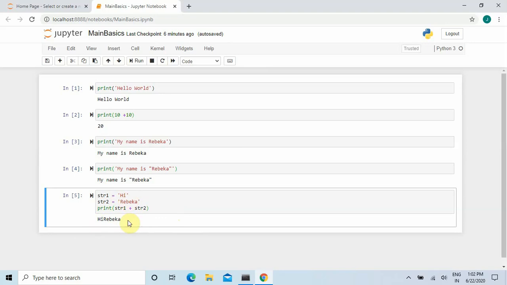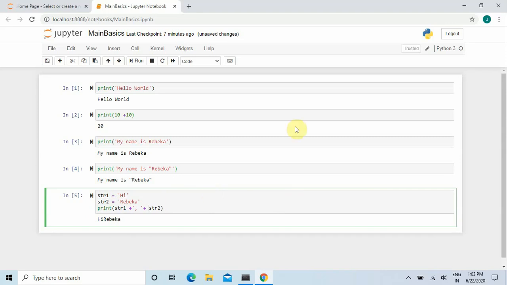So this plus sign is concatenating the two strings, that is, it is basically adding the two strings, and it is showing as hiRebecca. Now if you want to output this same line with a space between hi and Rebecca, then you can print str1, plus, within single quotes you type a comma with a space in it, and then plus str2, which is already given.